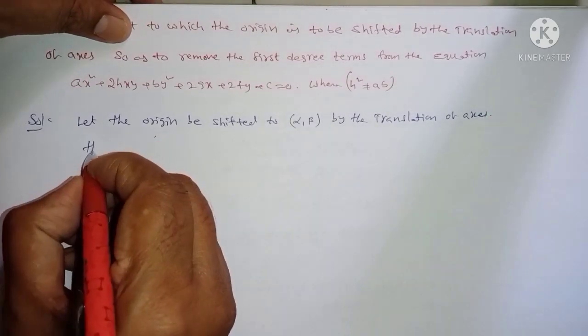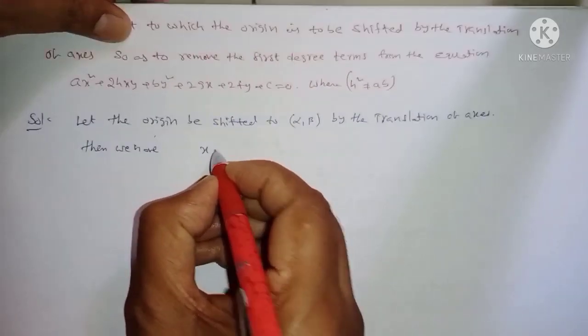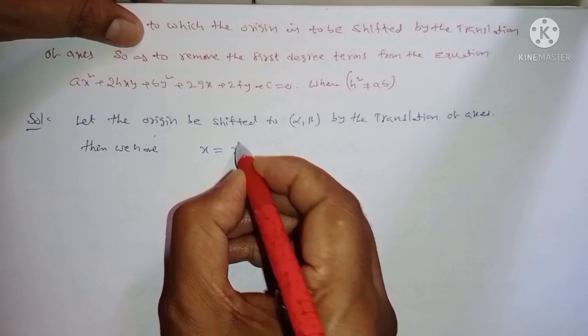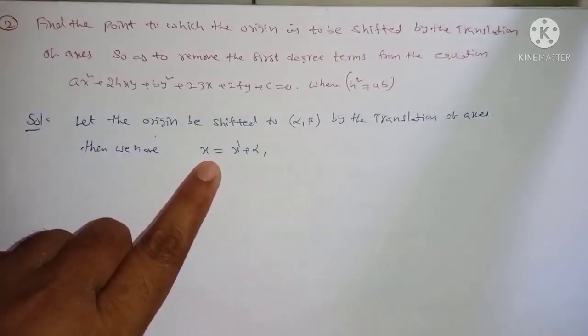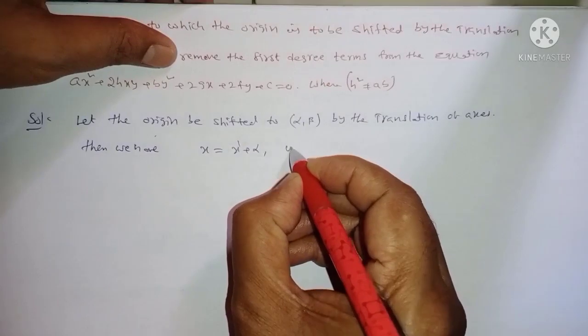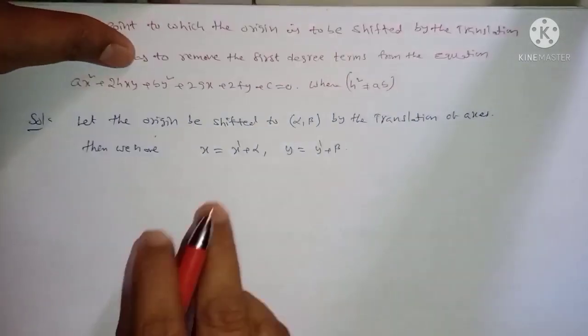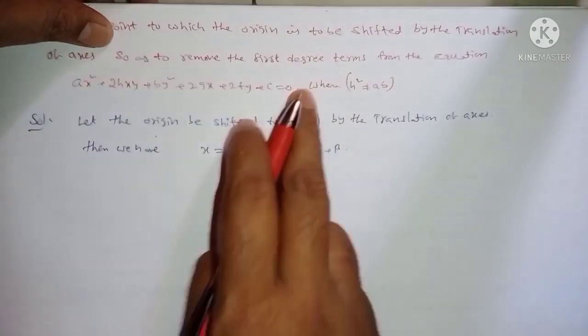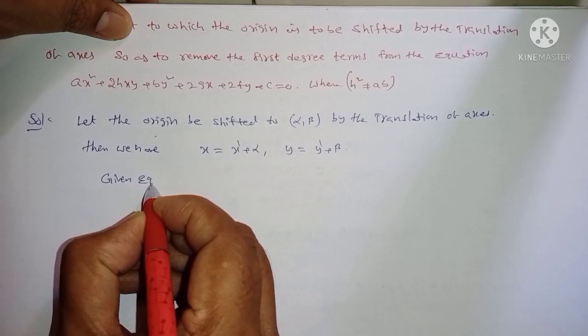Then we have, by the formula, x is equal to x dash plus alpha. In place of h, k, I can assume alpha and beta. Therefore I can write x is equal to x dash plus alpha, y is equal to y dash plus beta. These two values you can substitute in the given equation. What is the given equation here? The given equation is